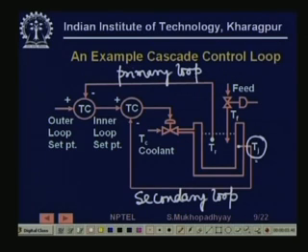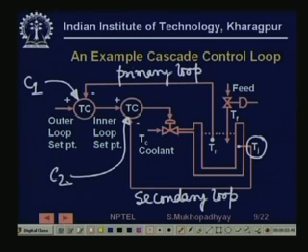Now, the primary loop feedback is, there is error, and it is coming to the first controller. So, this is my C1, and this is another temperature controller which controls the jacket temperature, that is my C2, and finally this is my